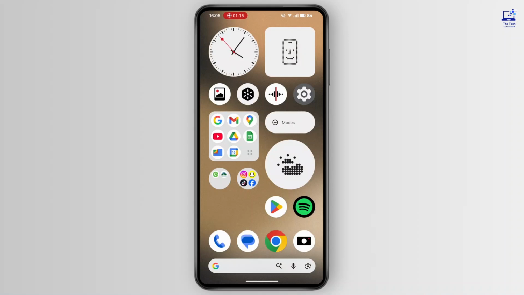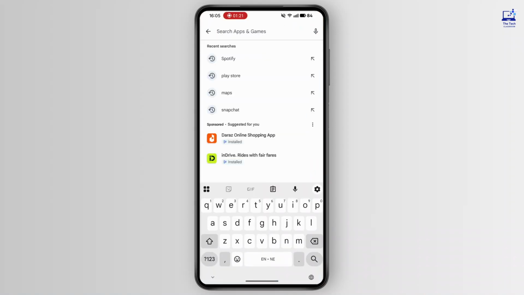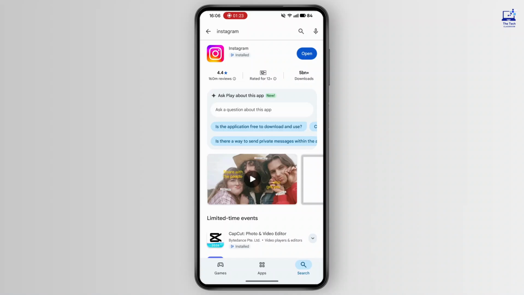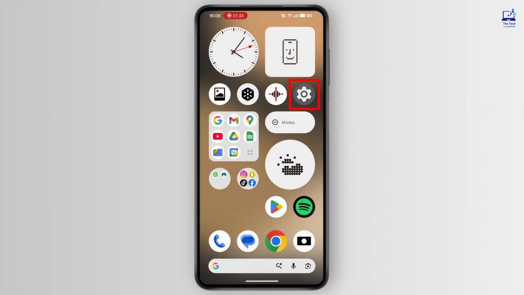If it does not work, go ahead to your Google Play Store. Check for updates for Instagram. After you find if any update is available there, tap on update and update it. After you've updated to the latest version, if it still does not fix it, go to your settings,